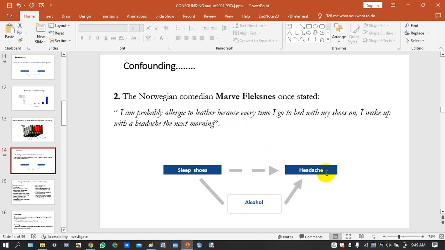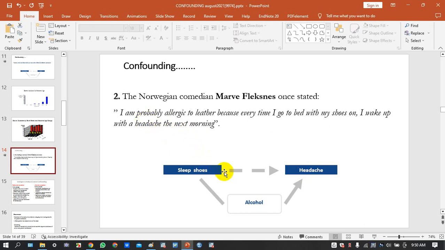He wakes up with a headache. So he realized that, hey, when I wear my shoes and sleep, my head aches. So what is causing this headache? But will a normal person in a normal frame of mind sleep with the shoes on? Everybody will remove the shoes. So he is thinking that maybe wearing the shoes tightens the blood vessels around his feet so that it causes him to have a headache. But forgetting that